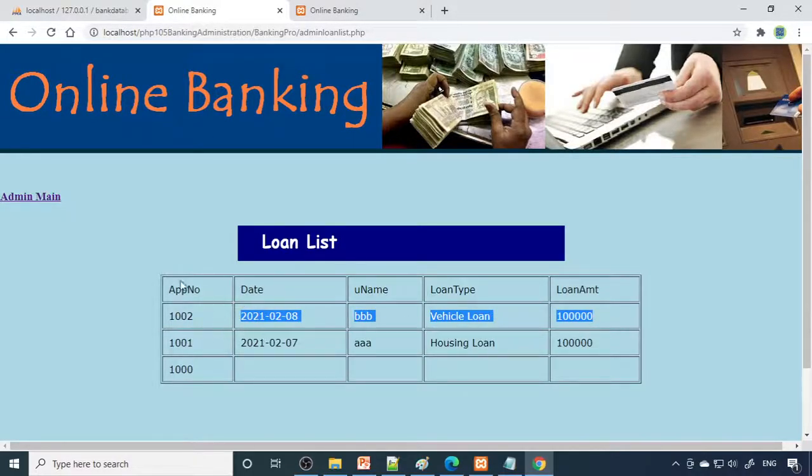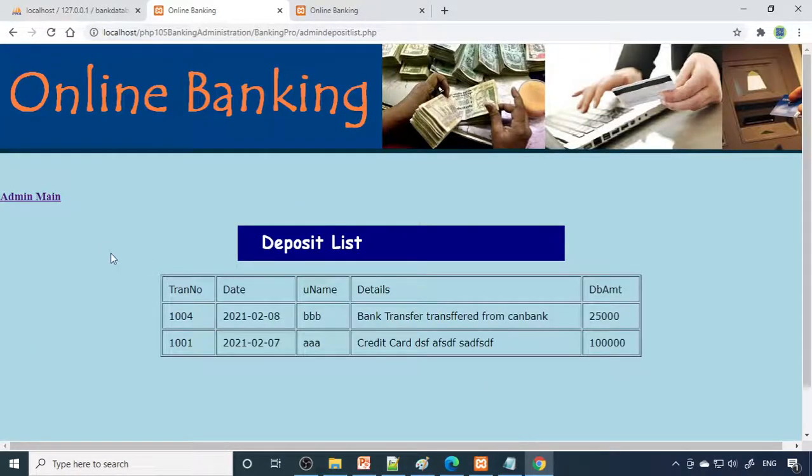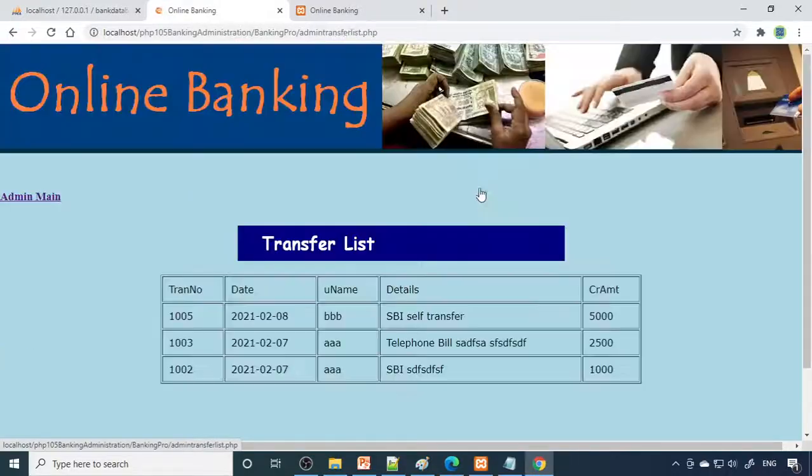They can communicate later, but here we don't have the loan processing. Maybe we have a different project for loan processing, but here it's only indicative. The customer can apply for the loan, so that will be reflected in the admin. And here all the list will come. So what are the deposits done? All the list will come over here. And then what are the transactions done? That list also will be here. So now both the modules, admin module and the customer module, are working and there are no errors. That is very important. Whatever the code is written now, it's working fine, and both can communicate easily and they can do the transfer.